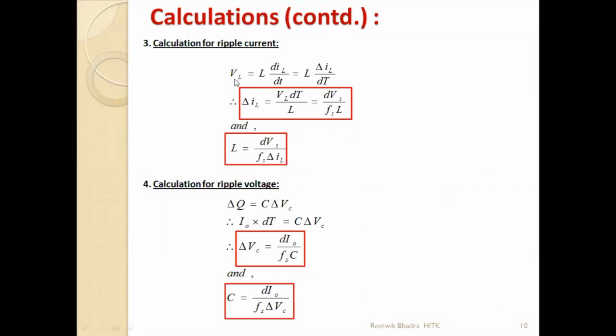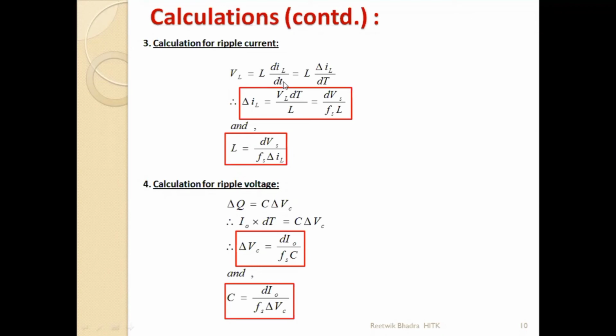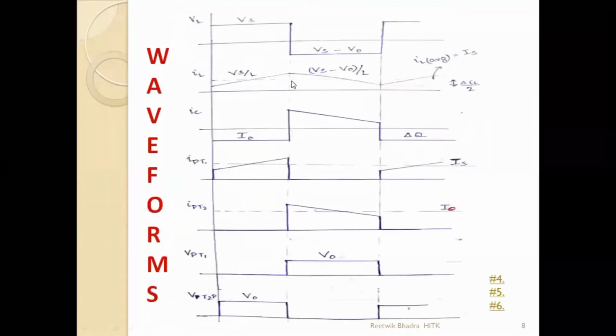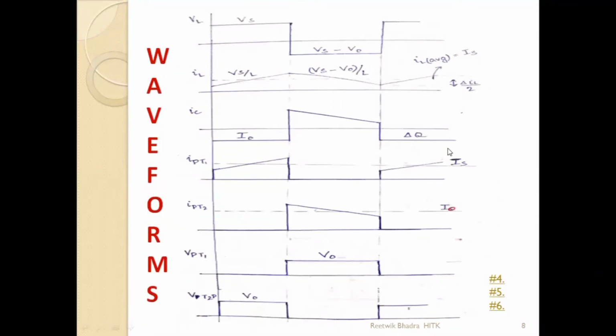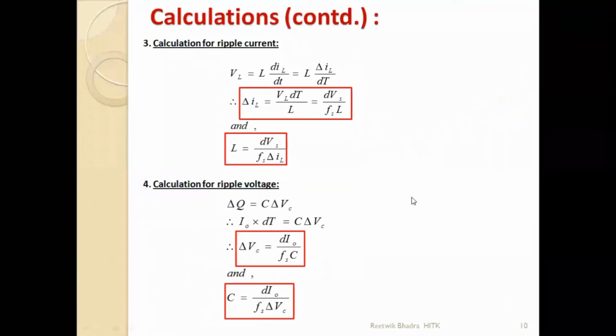Okay. Calculation of your ripple current. So how are you calculating your ripple current? By the equation of VL, like last class. VL is equal to L dIL by dt. What is the change in current over here? Del IL. Again, same thing. This peak to peak ripple current from this point to this point is del IL. I'll come to the average values, I forgot to explain to you. I'll come to this after this.